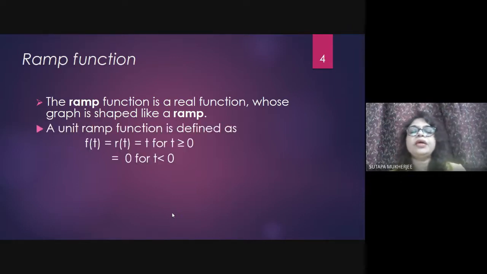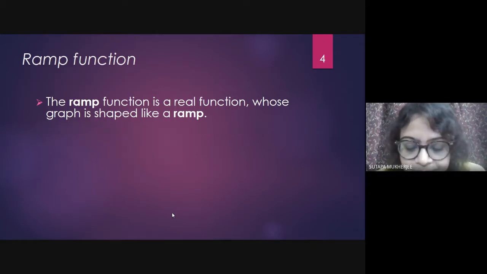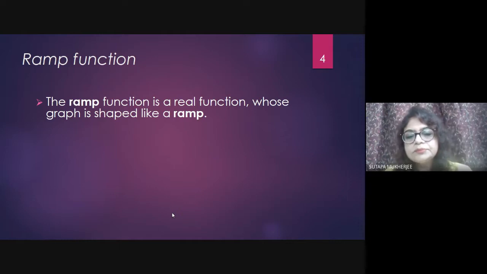So if you want to explain the ramp function, you have to tell the mathematical expression of the ramp function. Well, how can you tell the mathematical expression? Anybody can tell me? F equal to what? In the previous one, it was the step function. The step function was denoted by f equal to k u(t), right? So for t greater than or equal to 0, the value will be f equal to k. And if it is a unit step, f is equal to 1. So in case of the ramp function, what will be the mathematical expression? What is your idea?